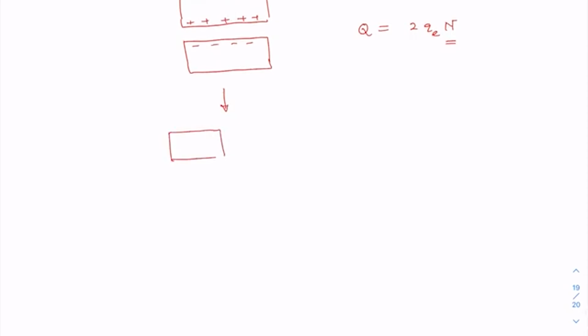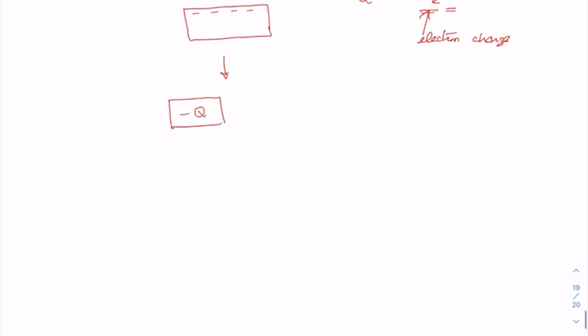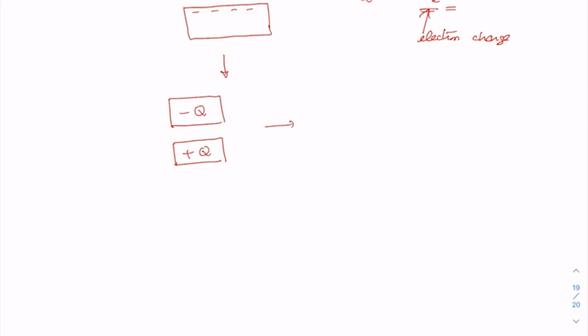So you have a charge minus q, because q is equal to twice QE. QE is the electron charge, and the electron charge is negative, so that's why I'm writing minus q in the upper island and plus q in the lower island. So this whole thing, you can model it as a kind of capacitor. I can just say that this looks like a capacitor having capacitance C,